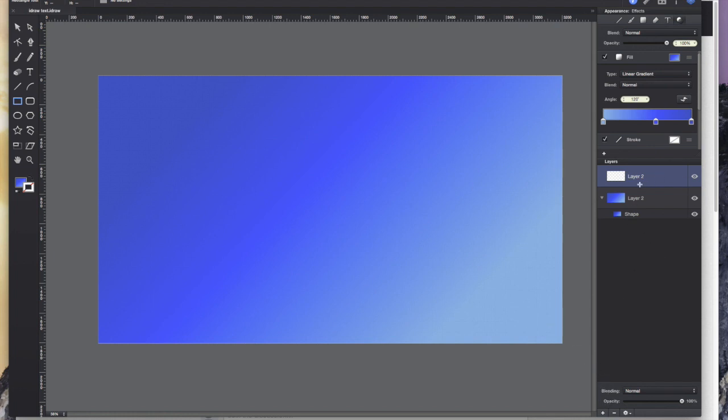I'm recording this on QuickTime, and it's supposed to show mouse clicks. I don't know why it's not doing it. Not sure why it's not doing that. But anyway,